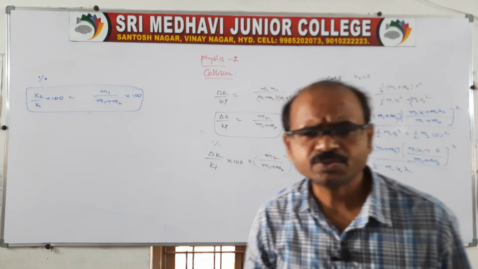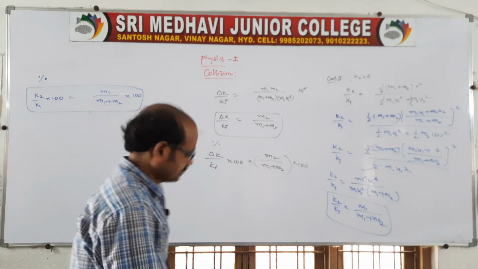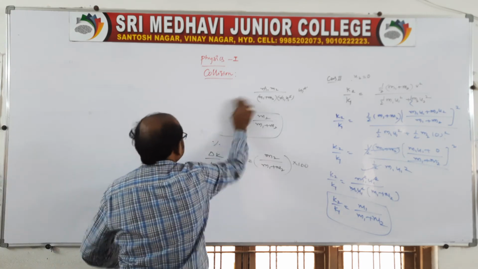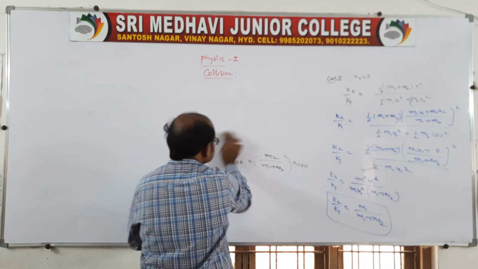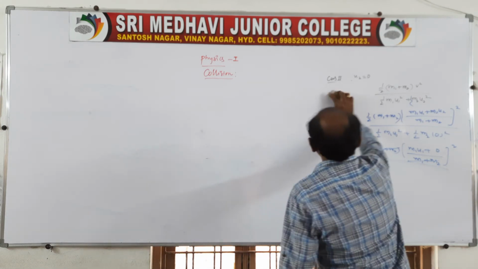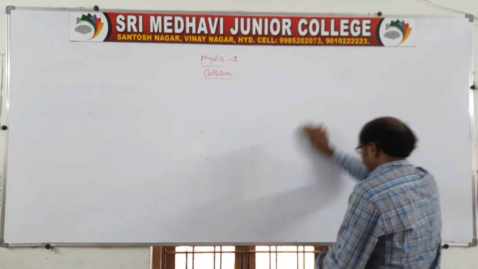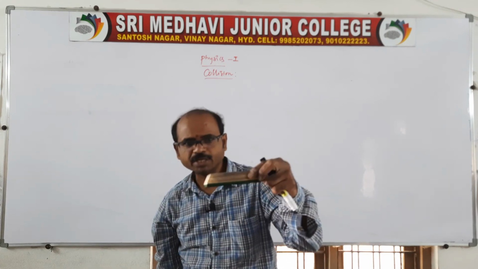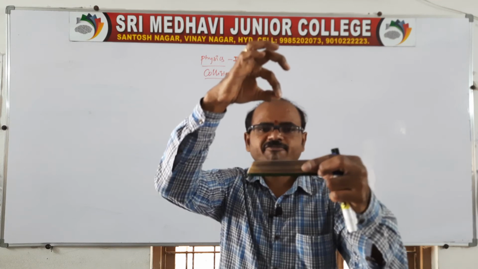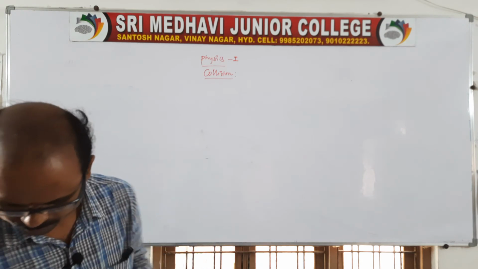On the basis of perfectly inelastic collision, there is one explanation regarding the ballistic pendulum. So what is this ballistic pendulum? You know the simple pendulum. A ballistic pendulum is nothing but a piece of wood or a duster suspended by a thread. This type of pendulum we call a ballistic pendulum.